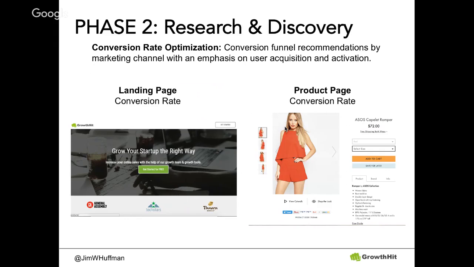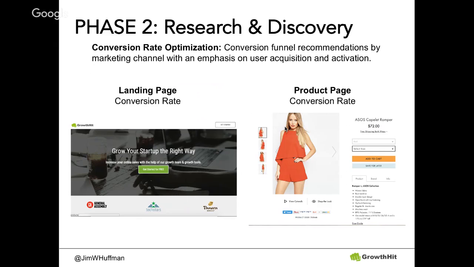So I put in 2 screenshots of best practices for a landing page and a product page. So on the left, this is actually a landing page for our website. And real quickly, you'll notice there are 2 call to actions here, and they're both get started. We have it in the top right and right there in the center. We could have a menu up there with 5 or 7 other options, but we don't, because we really want to control what the user does on the website and funnel them to our product detail page.